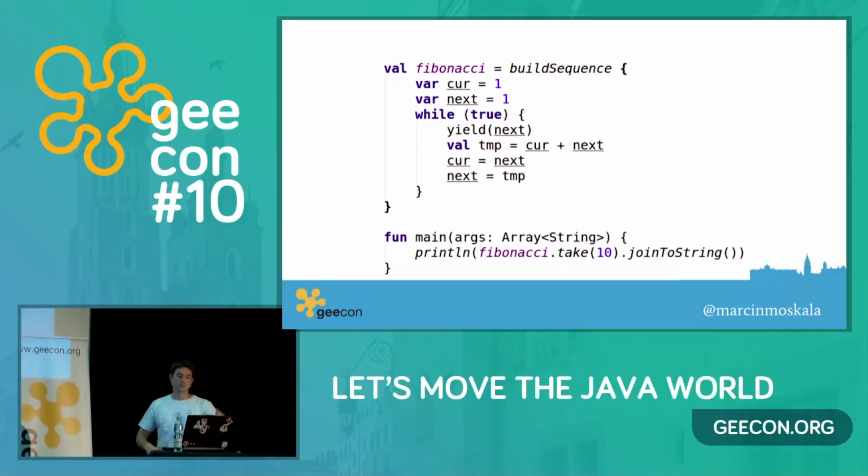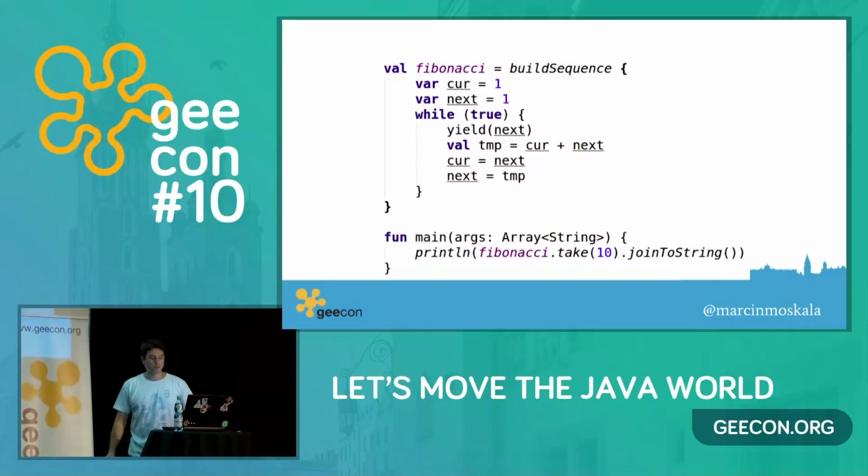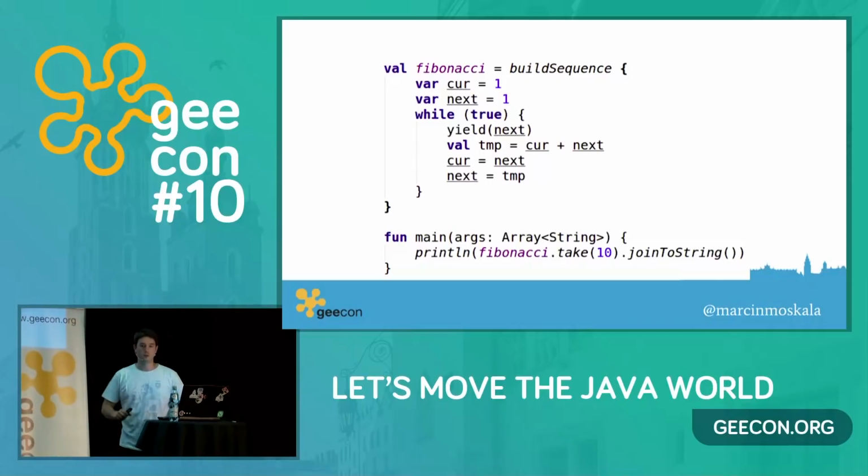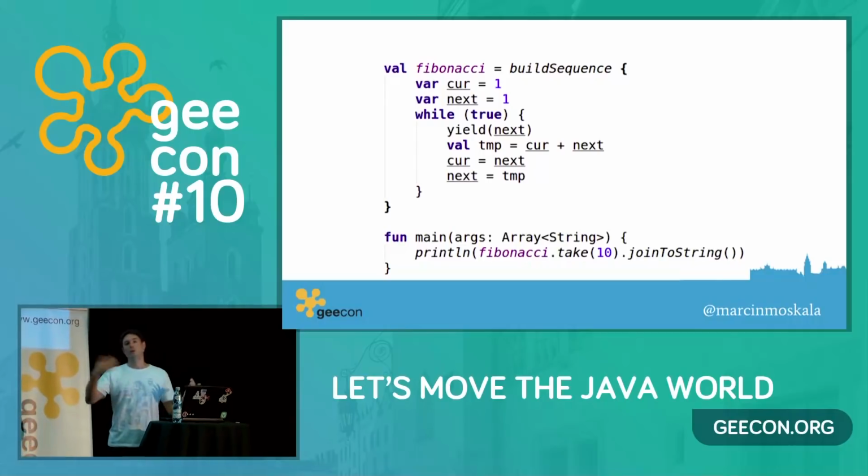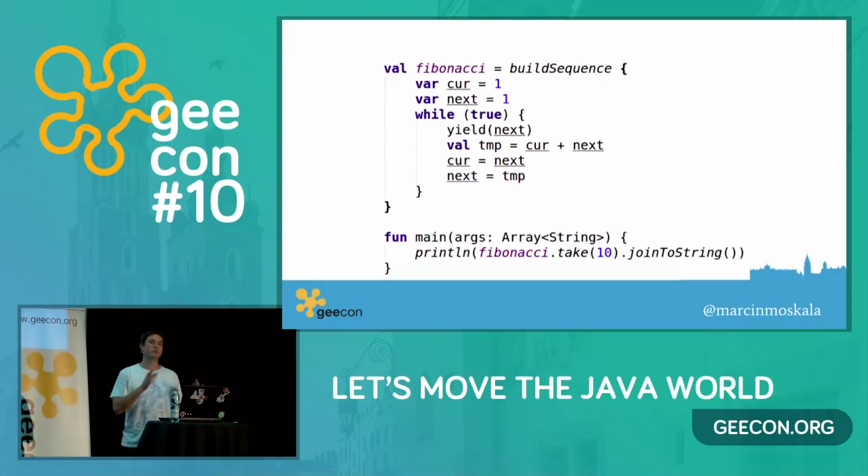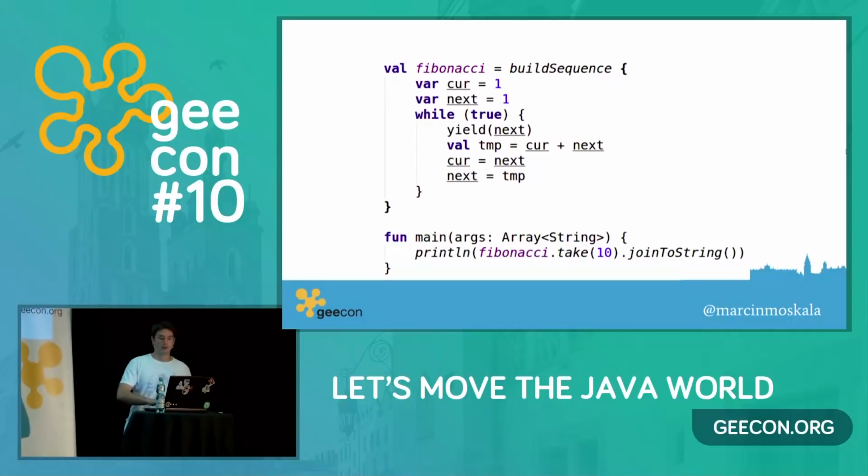So we start this function from the top, we get into yield, and this yield generates a value. Of course, it generates the value once we ask for this value because it's lazy. So in our